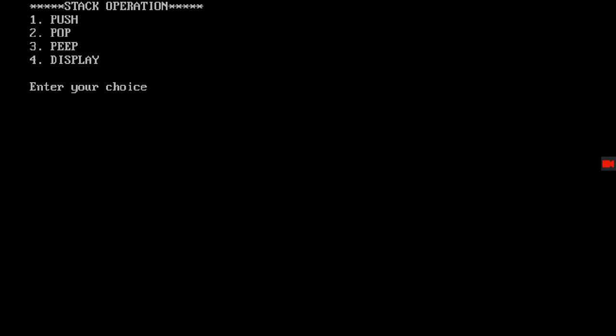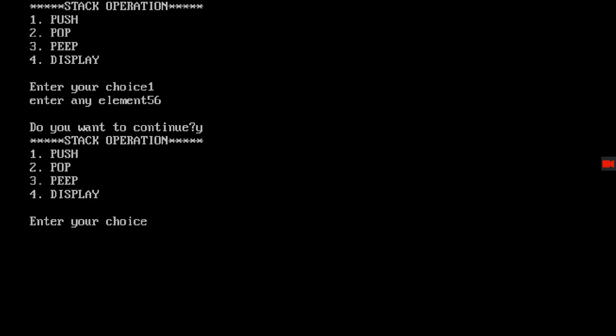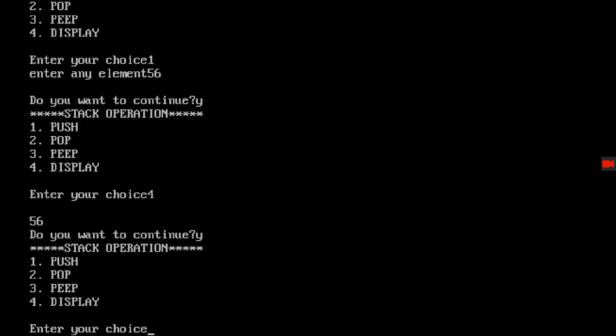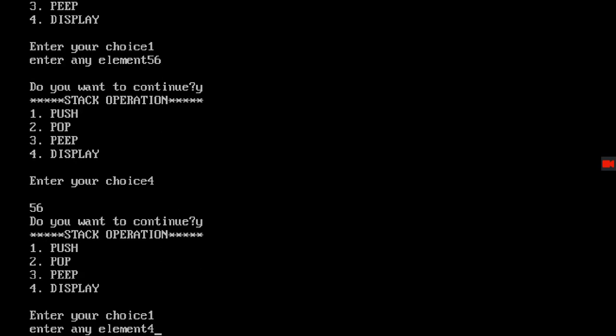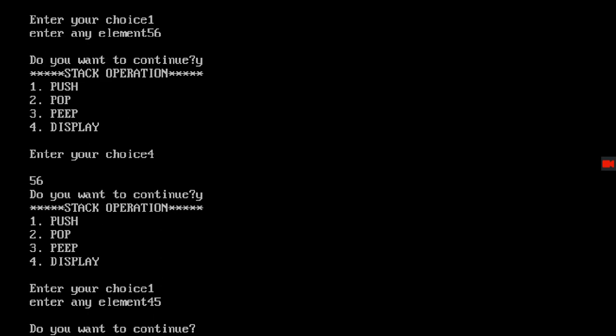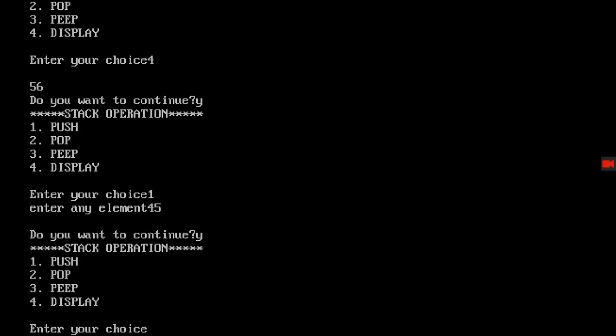Now as you can see, here I have applied 156. Do you want to continue? Yes. Now if I apply display, 56 is there. Yes, that's correct. Now do you want to continue? Yes. Now if I add one more element, that is 45, do you want to continue? Yes. Now according to your algorithm, 56 should be at the lower side and 45 should be above the 56, right?